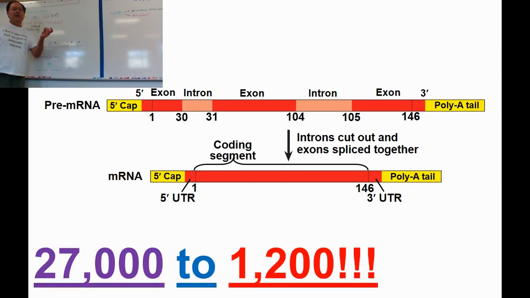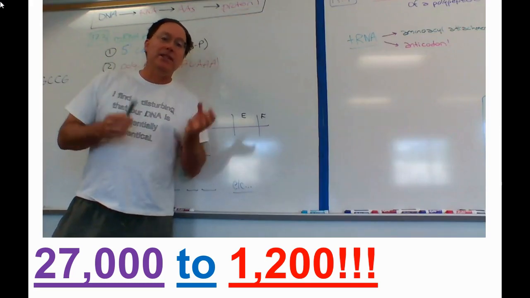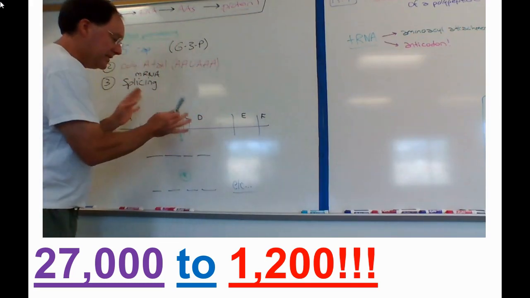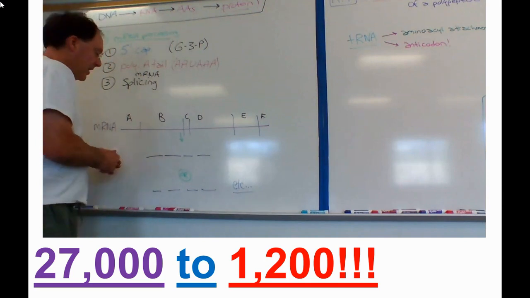But here is the beauty of it. The mRNA length is reduced by about 95.5% on average between the mRNA transcript here and the actual mature mRNA that goes out to the cytoplasm. Here's the question. And when I die and I'm chilling out with Abe Lincoln and Martin Luther King, and I see the light, this is the question that I'm going to ask. How do spliceosomes know how to do this? And this is where their genius lies.